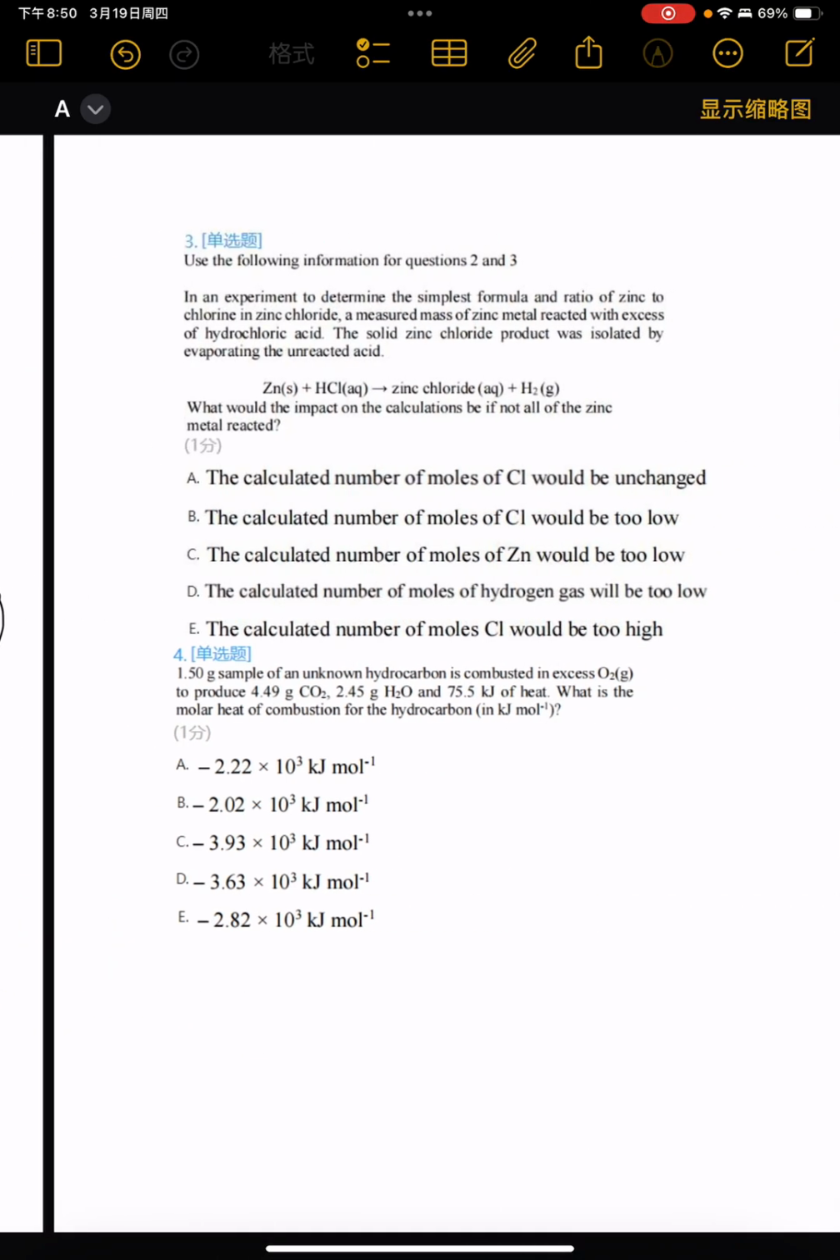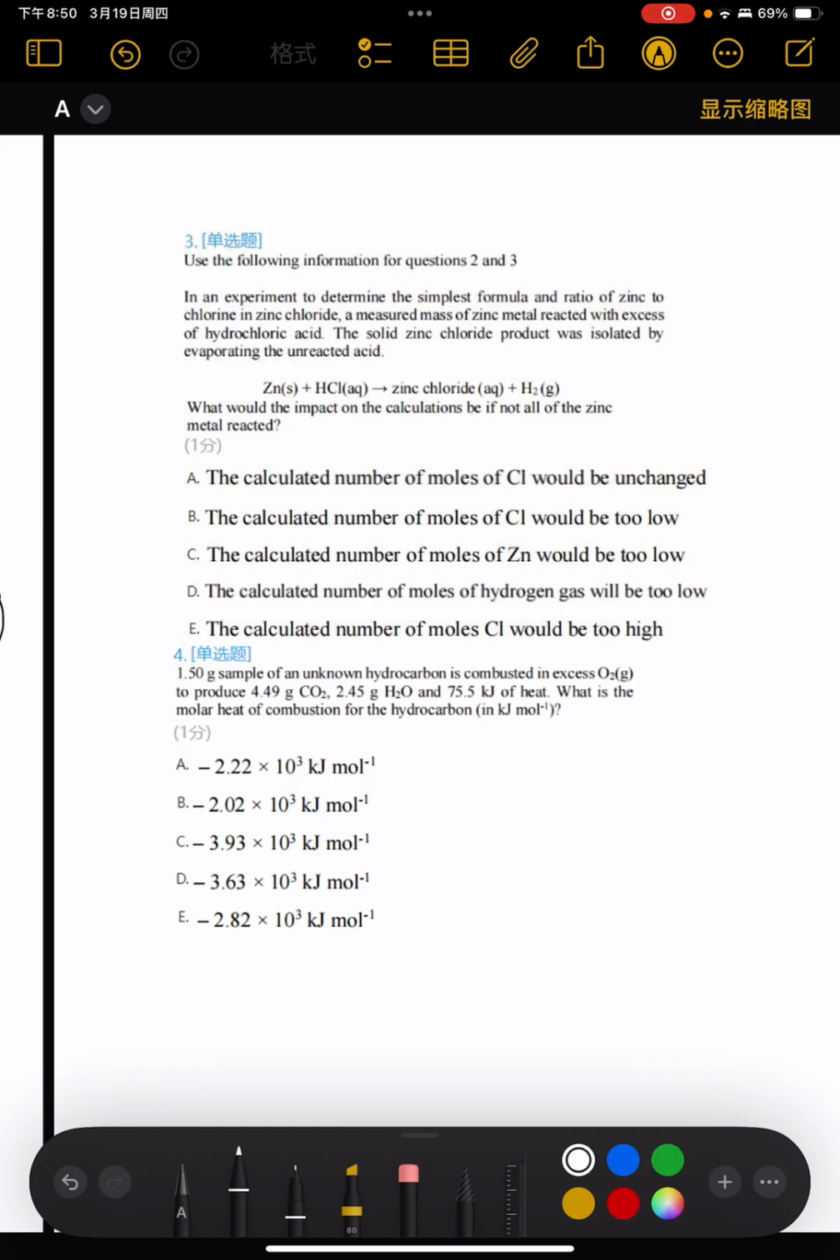And for question number 3, we can see that it basically asks what would happen to the reaction if not all the zinc reacts. So if the zinc doesn't fully react, the actual mass of zinc that enters the reaction is less than the initial mass weighed. So the moles of the chlorine calculated,